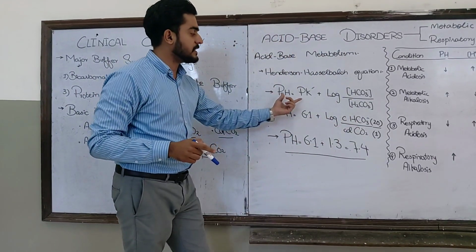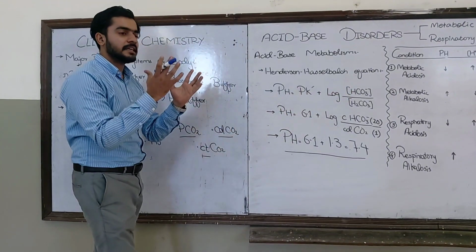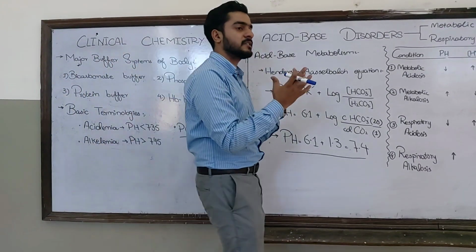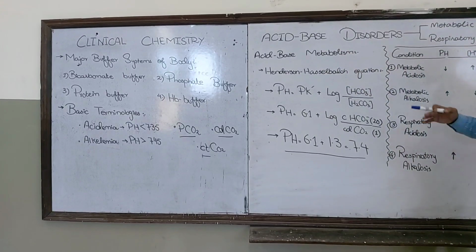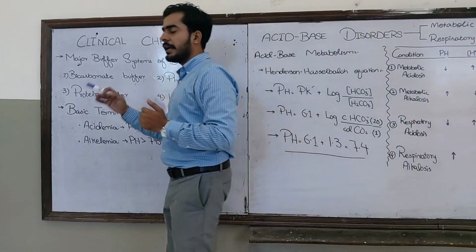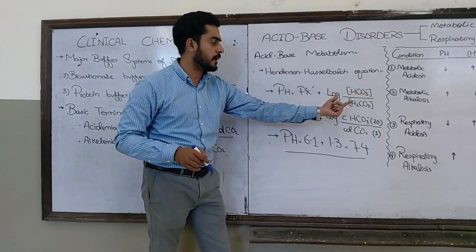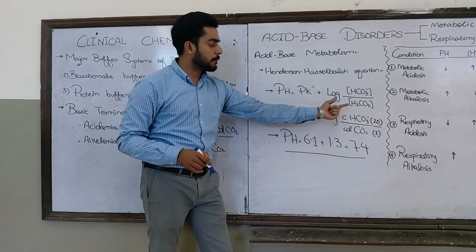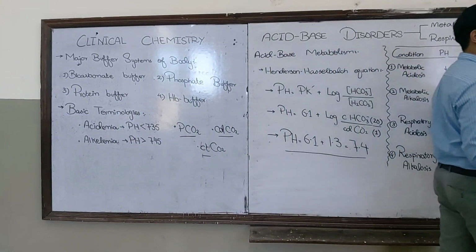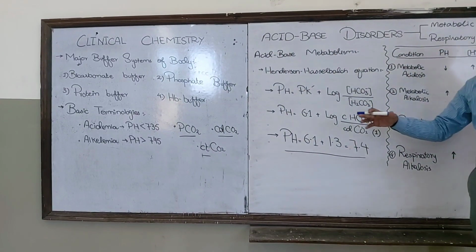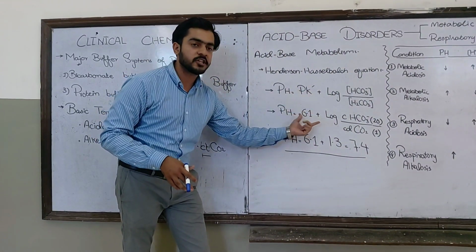So this equation, pH equals pKa plus log of concentration of salt over acid, basically explains how acid and base metabolism works in our body. Let's discuss the bicarbonate buffer system. In it, the salt is the bicarbonate ion and the acid is carbonic acid. Carbonic acid is basically the carbon dioxide present in our body combined with water. So the equation becomes pH equals pKa, the dissociation constant of the acid,